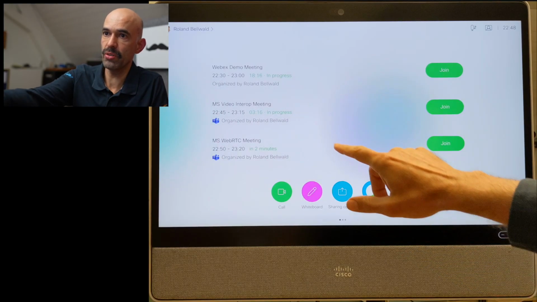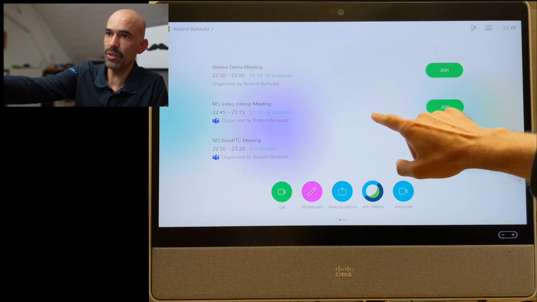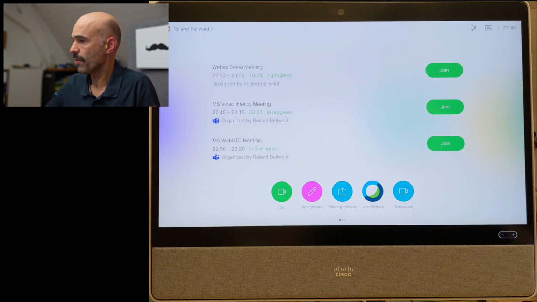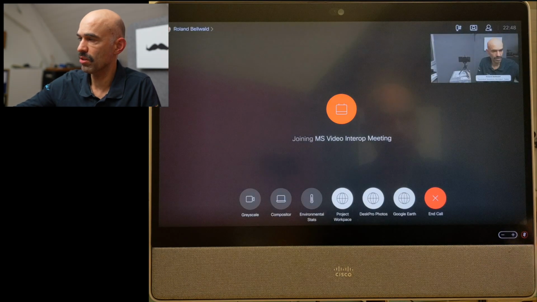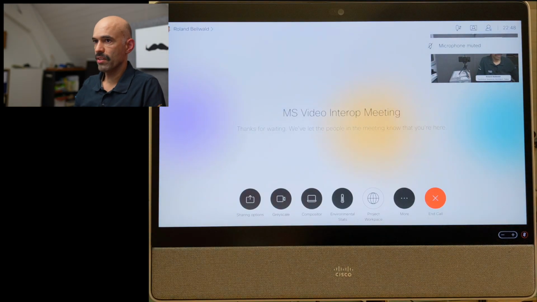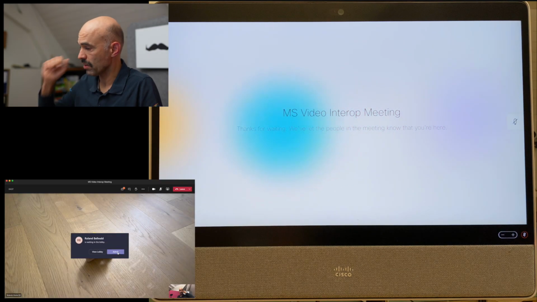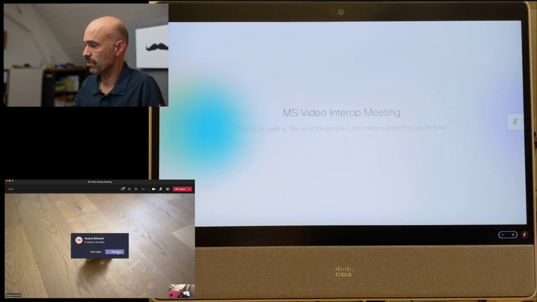The next dial-in option I wanted to show you was to Microsoft Teams via video interop. So I have set up a few meetings which are showing up on the endpoint directly here. That will be the first one, Microsoft Video Interop, that has started like 3 minutes ago. I can go ahead and join that meeting, going on mute immediately, and then somebody has to admit myself, which would in this case also be me, so I'm admitted to the meeting,